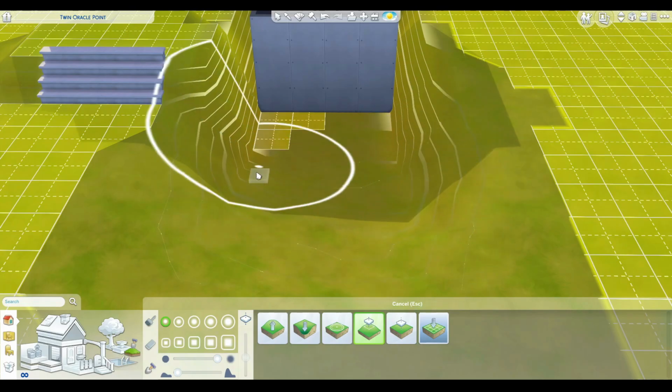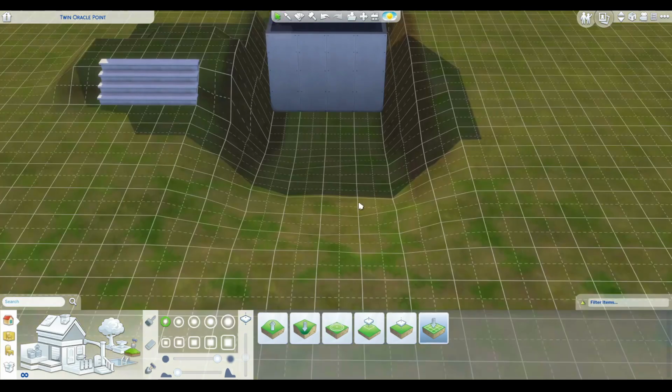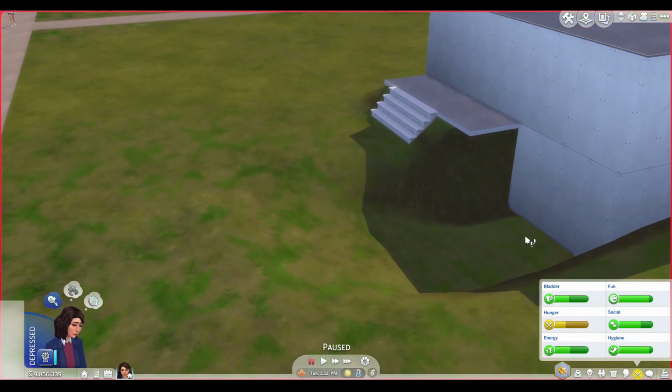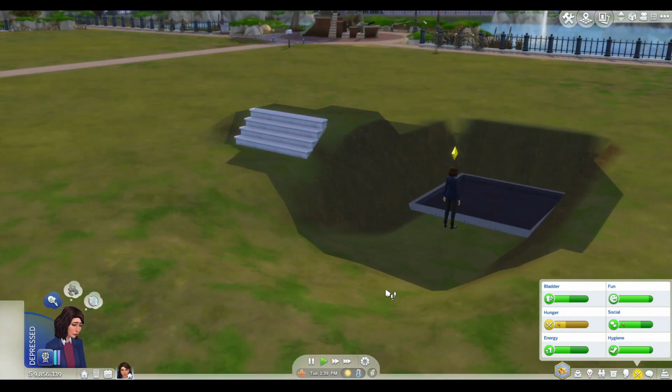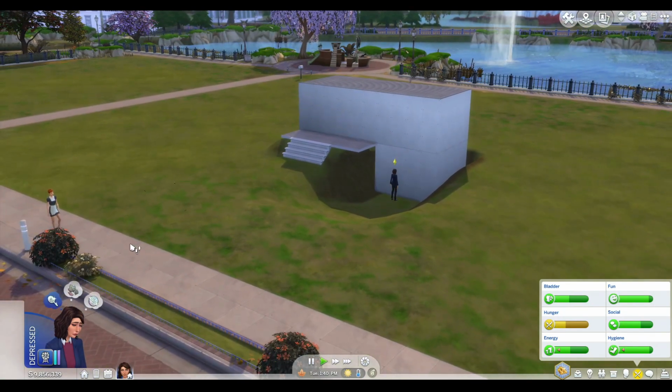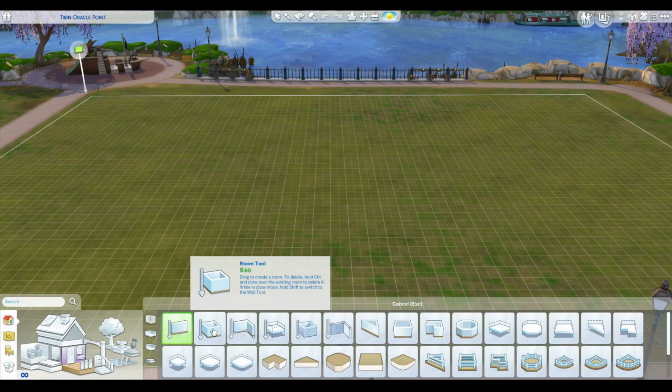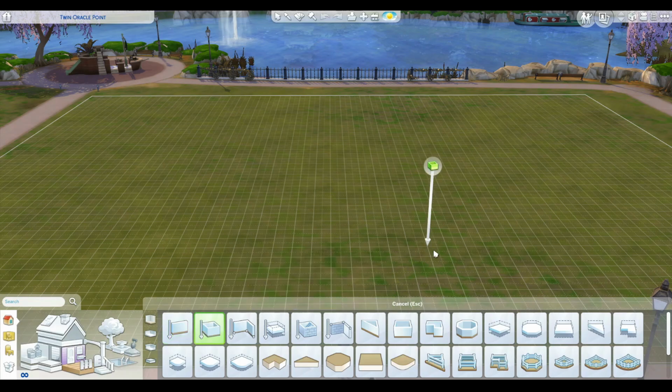Let's just tidy this up a little bit. And then lastly, we can playtest it. And again, she has no problem walking down there. So all of these techniques can be used to create multiple different styles of houses, but say you want to